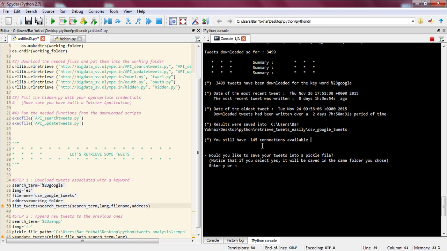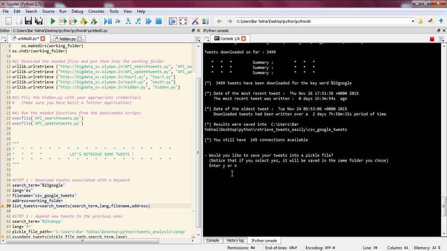Here it indicates that we still have 145 connections left to the Twitter API. And now we are asked whether we want to save our tweets list into a